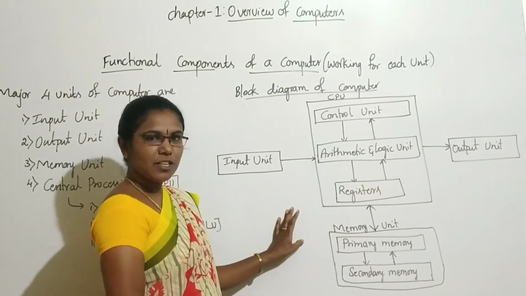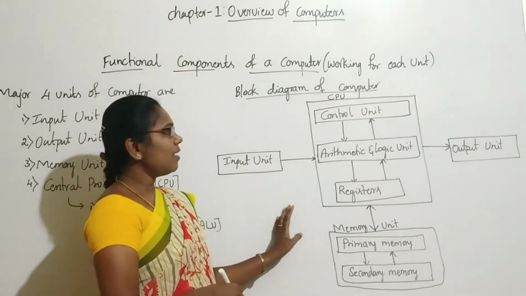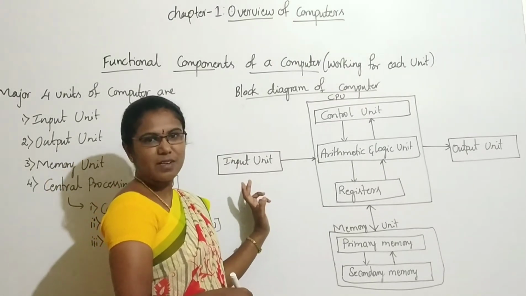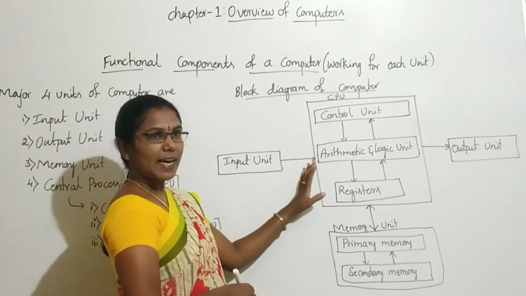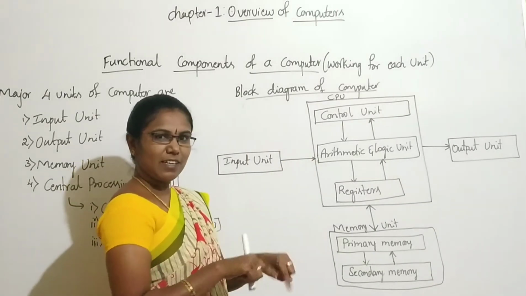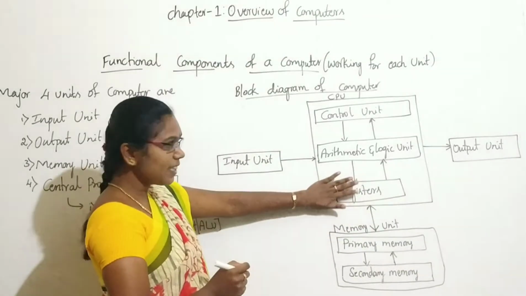Understood? In the model exam, they asked a 5 mark question: write a block diagram of computer and explain its functions. At that time, first you write the diagram. This diagram carries 1 mark. So don't write monitor, screen, keyboard, mouse and all those things. Just write a block diagram in this way.